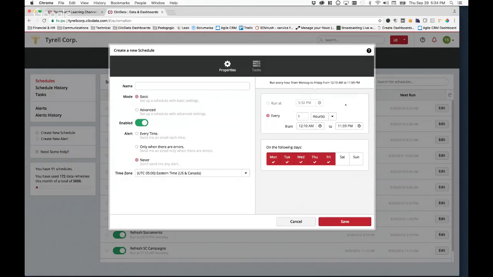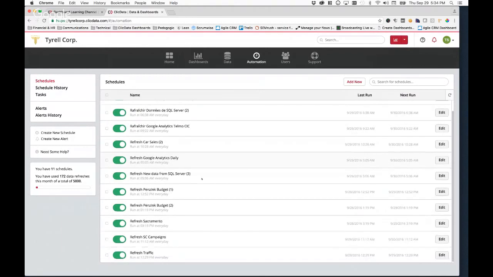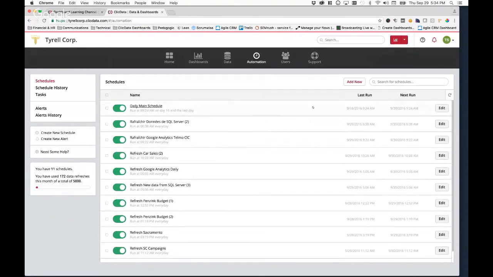You should pick the small valleys as opposed to the peaks. This could be useful for you, especially if you have a lot of schedules like myself here on my test account.